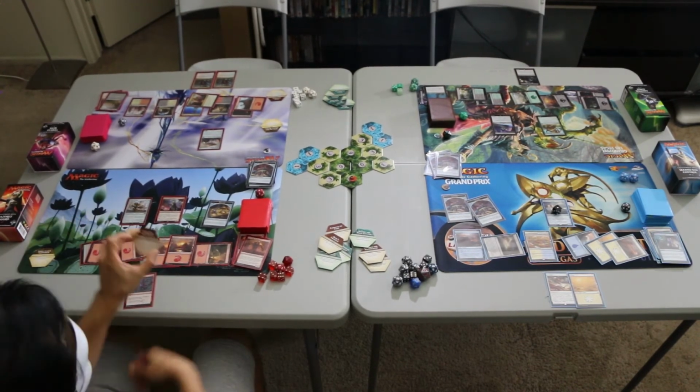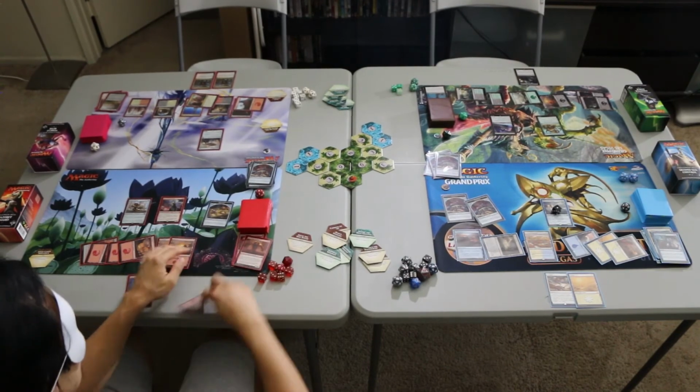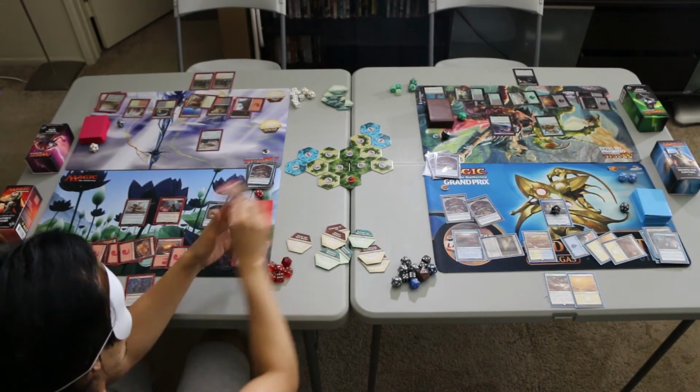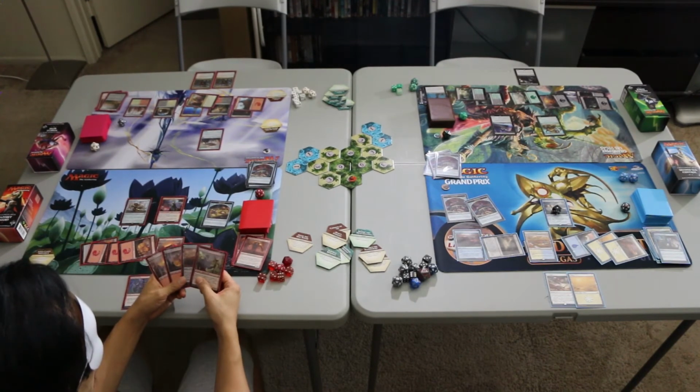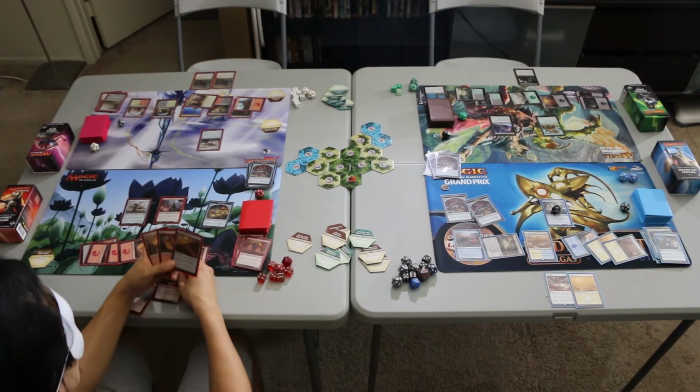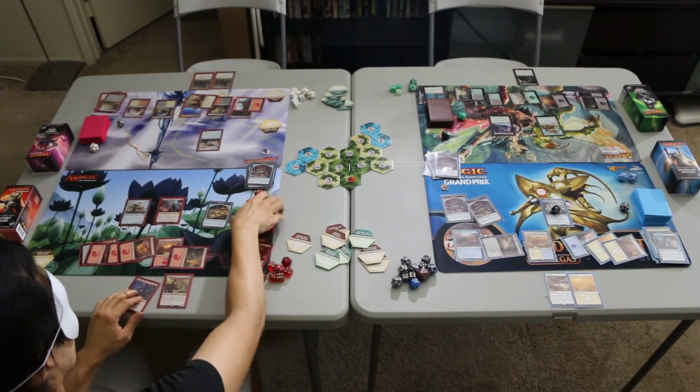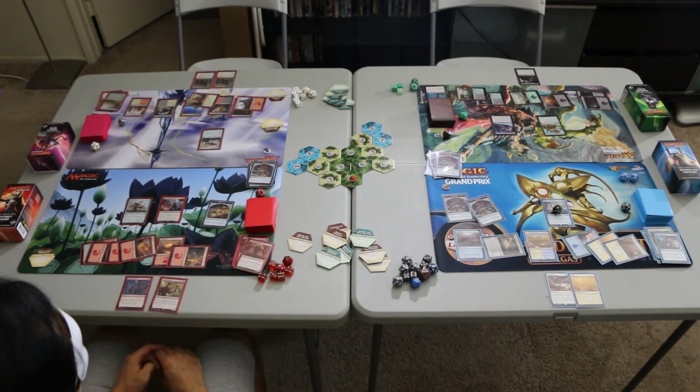Oh, we were supposed to use Study the 9 Rivers. Let's put this mountain back on top. Look at the top 4. And then we will have taken the Harsh Mentor and put that in our hand instead. The rest on the bottom. And then we will attack Second Sun Control with